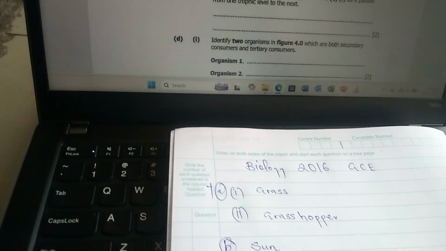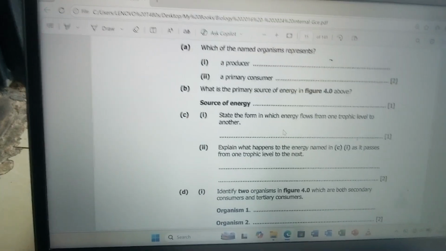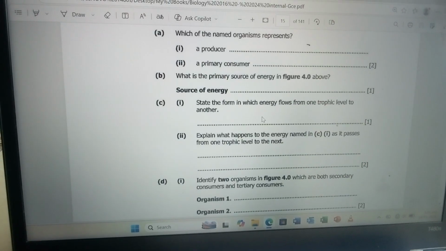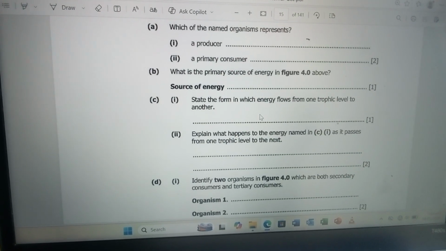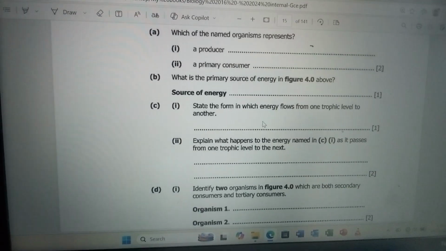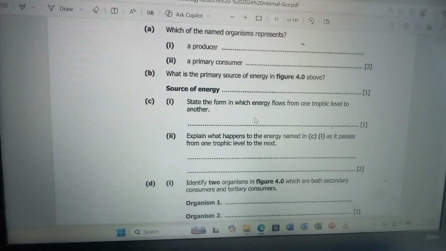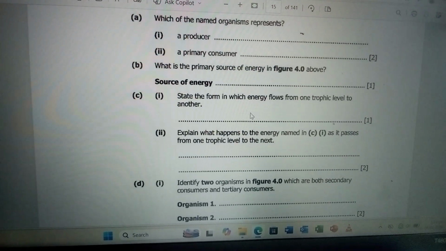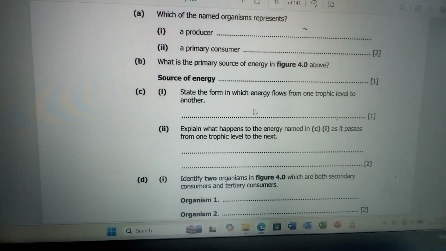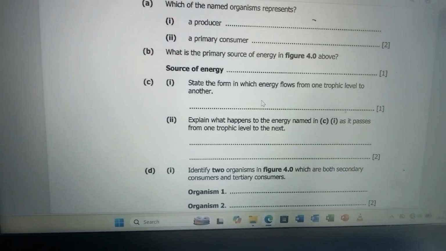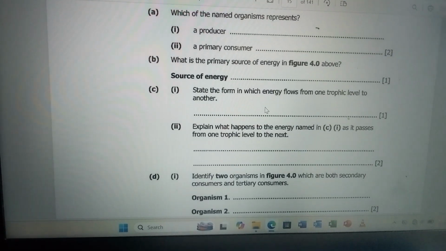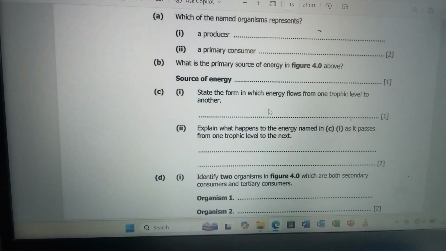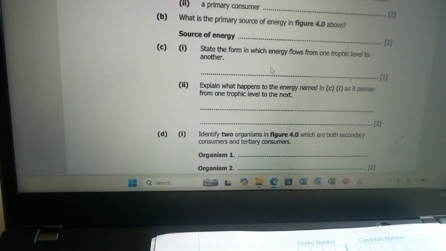So we proceed, where they are saying explain what happens to the energy named in C1 as it passes from one trophic level to another. One thing that you should bear in mind is that as energy keeps passing from one trophic level to another, 10% of energy is passed on and 90% of energy is lost through the processes of ingestion, respiration, excretion, also what? Locomotion. So we are going to write,